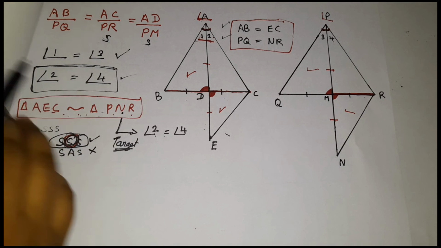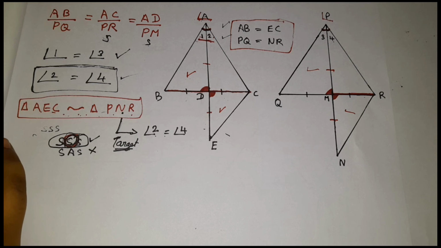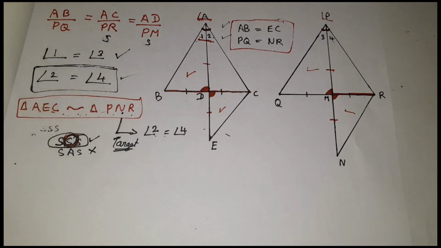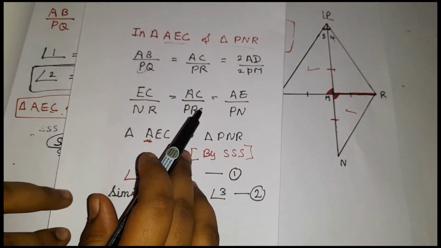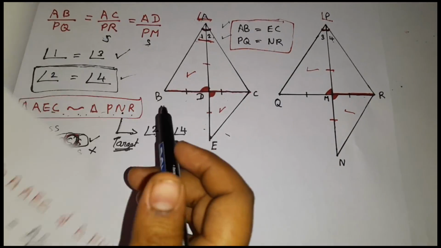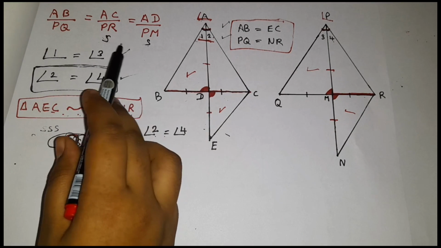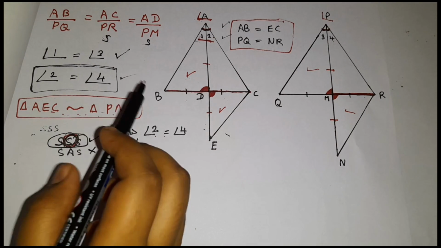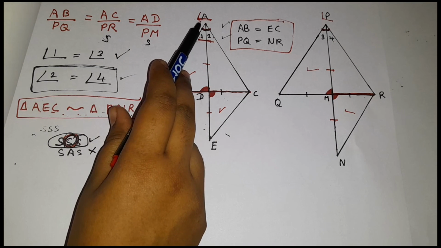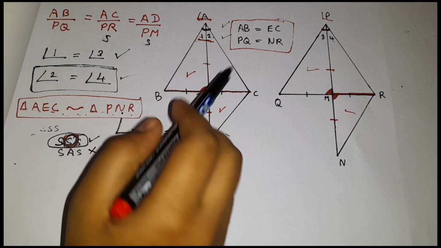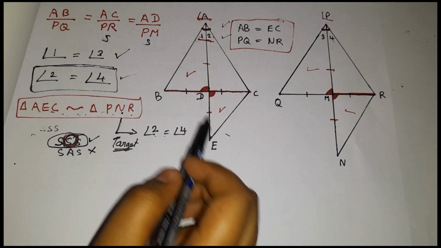Okay, for proving it is similar we need values, right? So wait, I'll show you guys. While proving it is similar we need these values, right? Because we didn't have the value at that time, we had two sides' information, but one side's information was missing. Am I right? So what I did is I told you guys in triangle ADB and triangle EDC, I